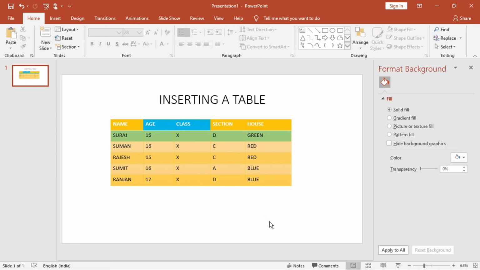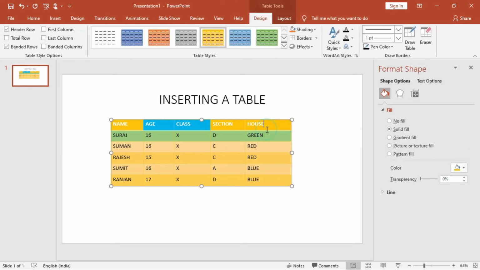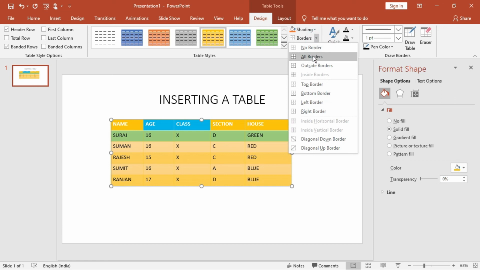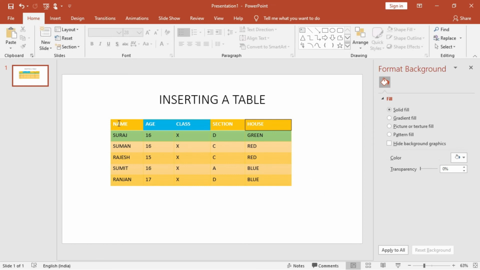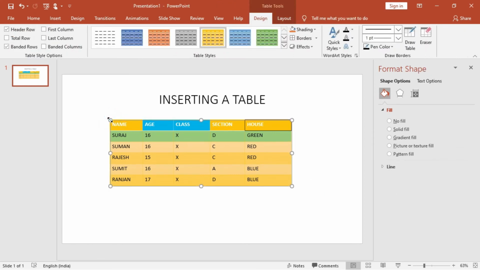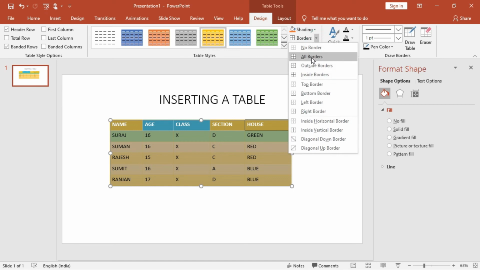And to apply borders, click on the border. First of all you have to select the table all the time. So now you come to the borders over here. Now I can keep all borders. The outline border has been displayed. I have to highlight the entire table first of all. So the entire table has been highlighted by using the shift and arrow keys. Whenever you are entering data, you are going inside the table. Now you highlight the entire table. Now you go for the borders. So I'm giving you all the borders out here.